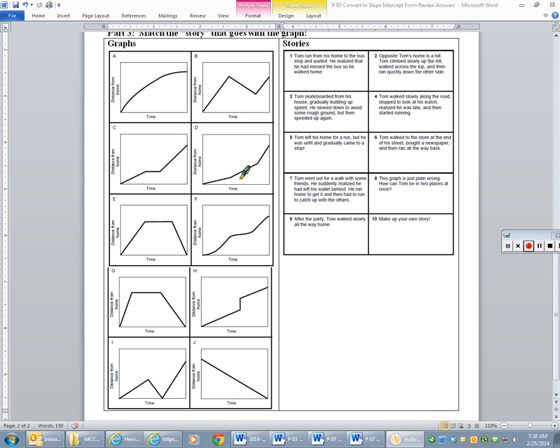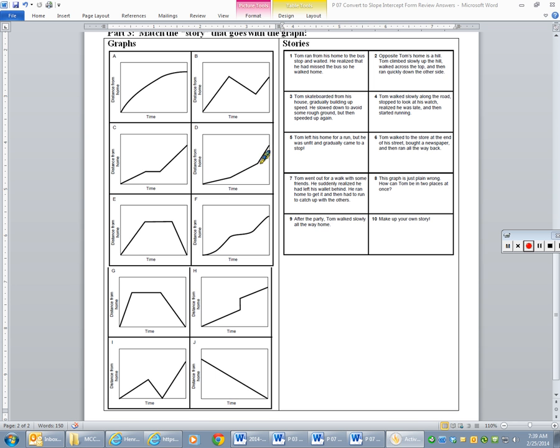Now when he gets to the top of the hill, he walks across it. So you see he picks up a little bit of speed right here. This line has more of an incline to it because he's picking up a little speed, because it's easier to walk on the top of the hill than to walk up the hill. And then you can see he picks up even more speed right here at the very end because he's running